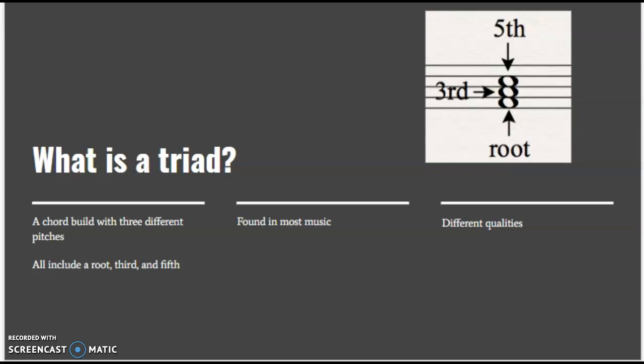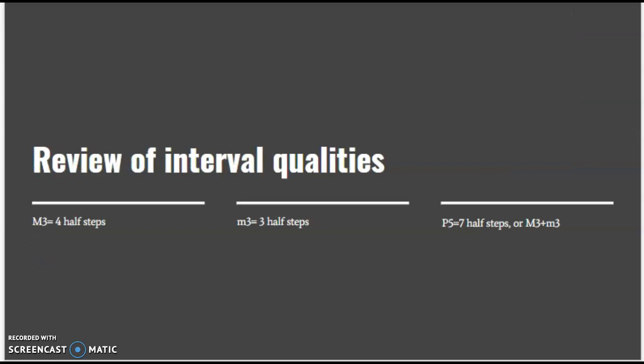A triad is a chord that is built from 3 different pitches. Every triad includes a root, third, and a fifth. You can see triads all over the place in music. Not all music, but a lot of music has triads. Another thing about triads is they have different qualities. So before we take a look at the qualities of triads, let's